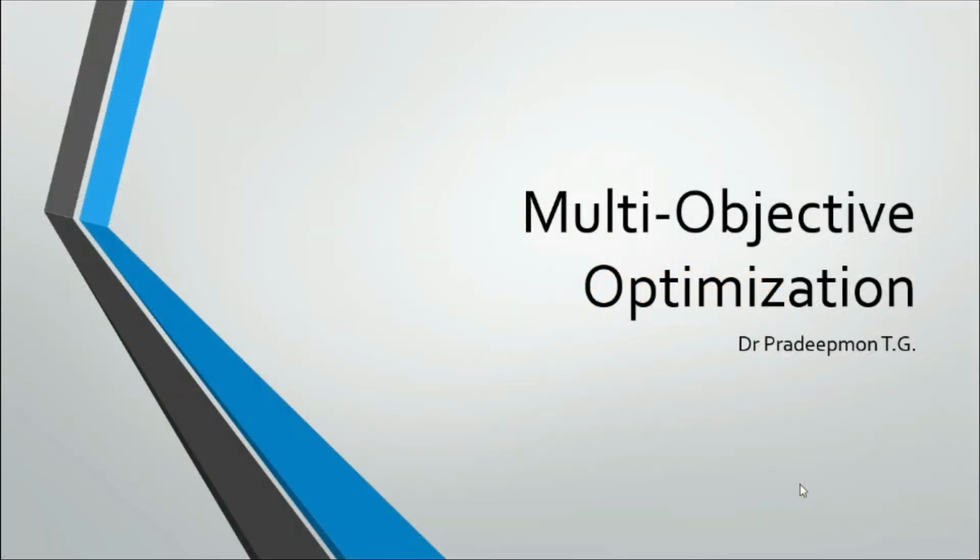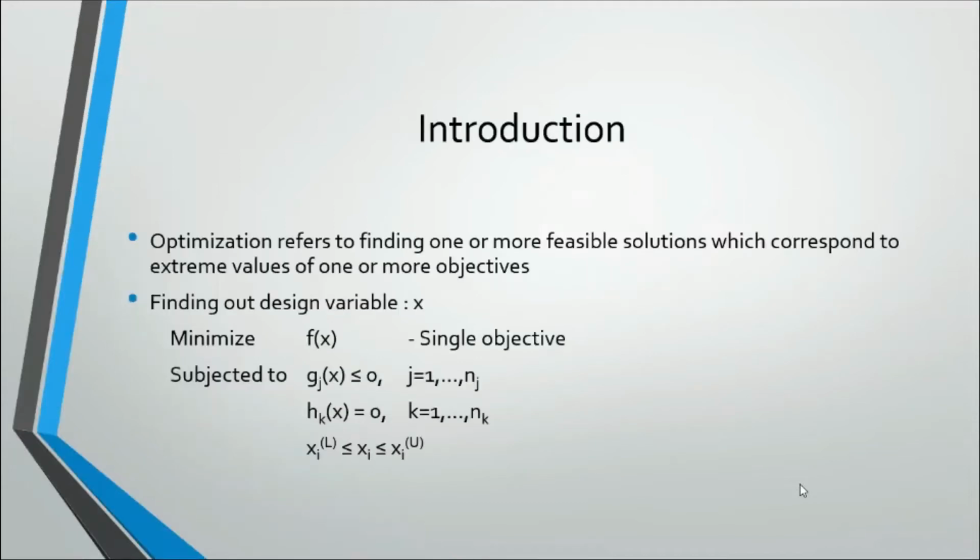In today's session, we will discuss multi-objective optimization. Optimization is actually finding one or more feasible solutions which correspond to extreme values of one or more objectives. We have some objective functions, or objectives, that are to be maximized or minimized. That is, we have to find the extreme values of these objectives. And the optimization refers to finding out these,